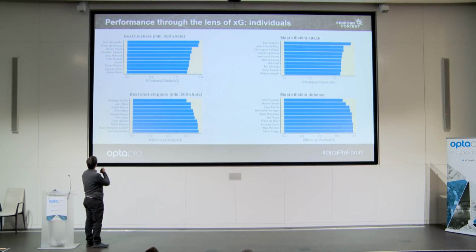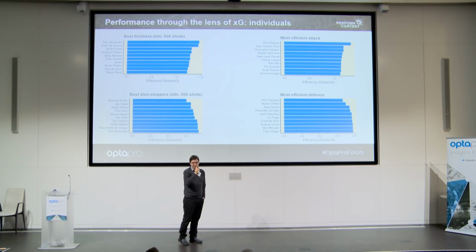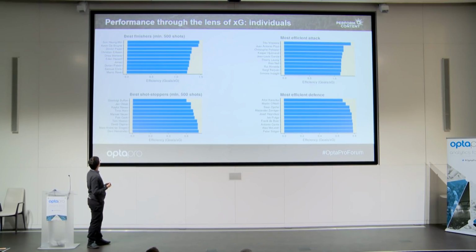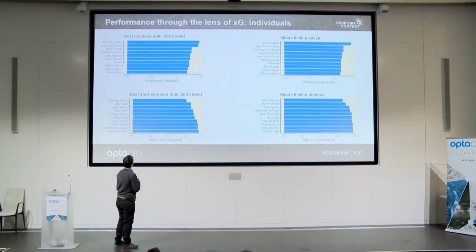So, OK, you have Son Heung-min, who is recognized as one of the premier finishers in the world now. But you also have someone like Dorlan Pabon, who is a great player in Mexico. He's on this list only because he had 2 stints in Valencia and Parma. But perhaps he's not a player that should be on a top 10 list here. And where is Leo Messi? And where is Gonzalo Higuain? Are they not here perhaps because they played in Spain, which is a very hard league?